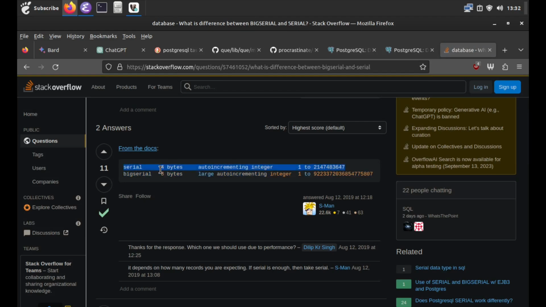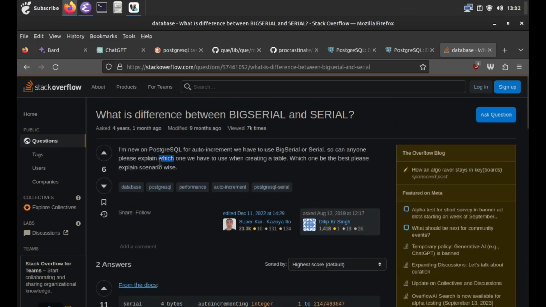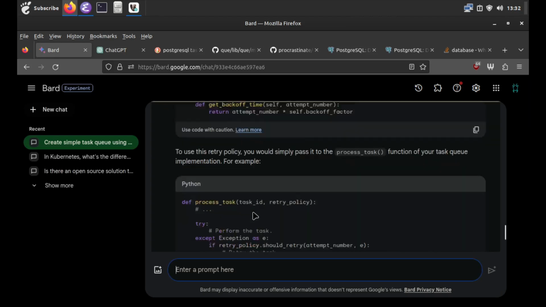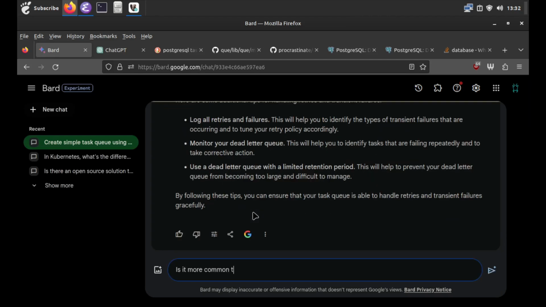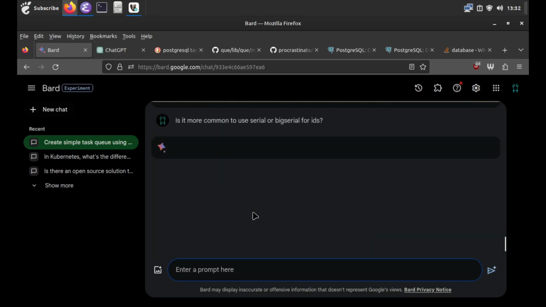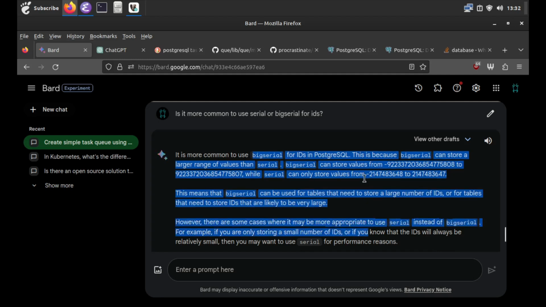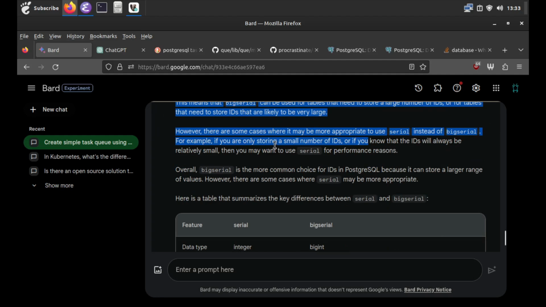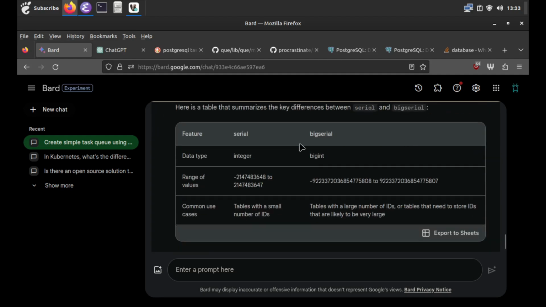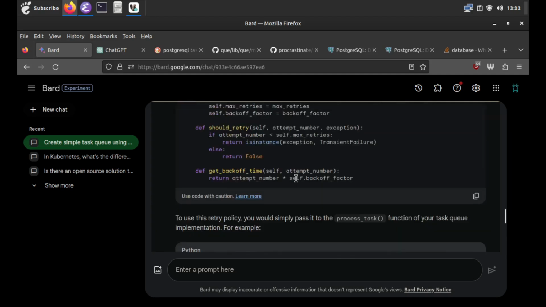I guess how much does it matter? I don't know. So is it more common to use serial or big serial for IDs? It's more common to use big serials because it can store more. However, sometimes you want to use serial. Yeah, okay. So